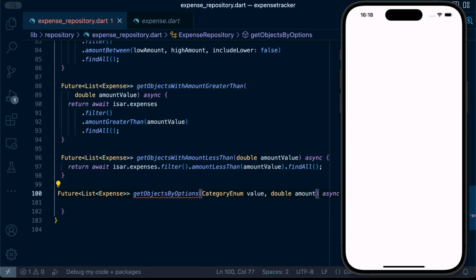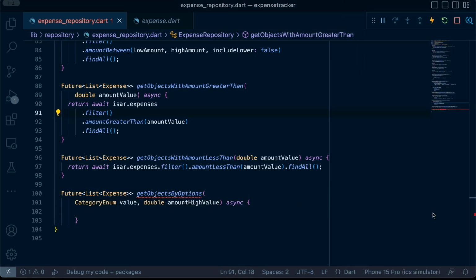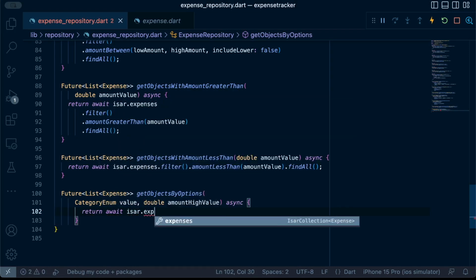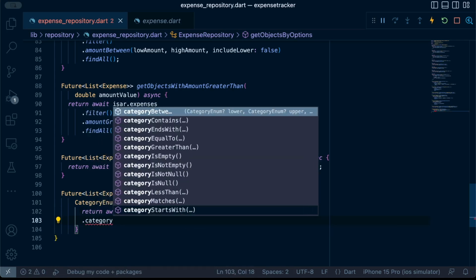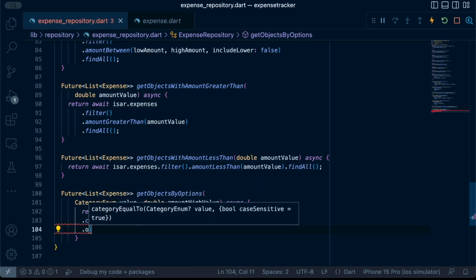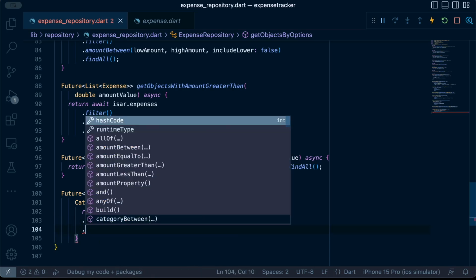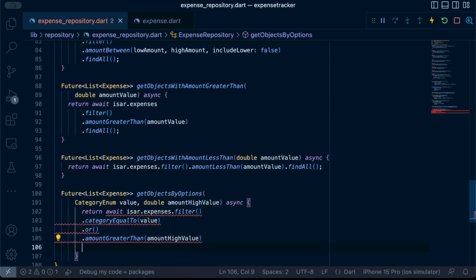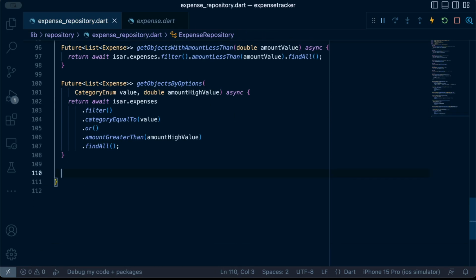So options means we want to be able to provide a list of objects with the option of whether they have a category equal to whatever has been provided in the argument, or the amount high value is whatever has been provided in the argument. So we run isar.expenses.filter.category equal to the value that has been provided in the argument, or amount greater than the amount that has been provided in the arguments, and passing find all. So that's how we use the or